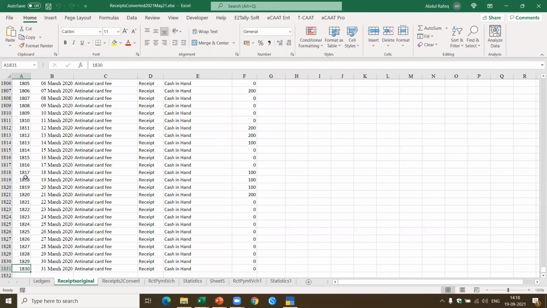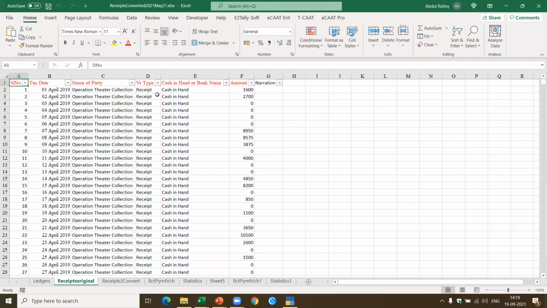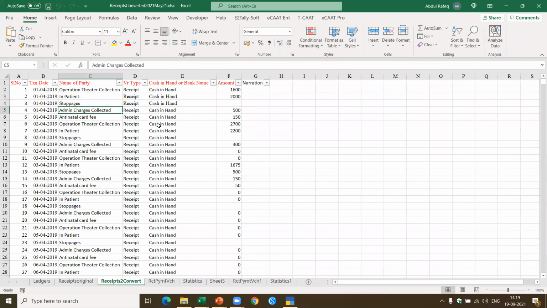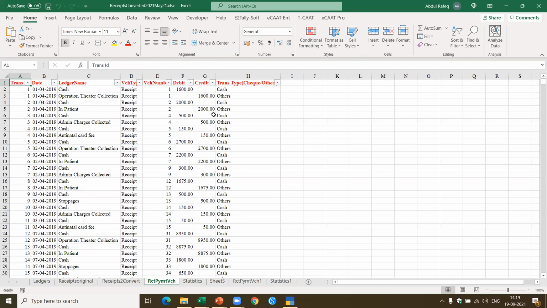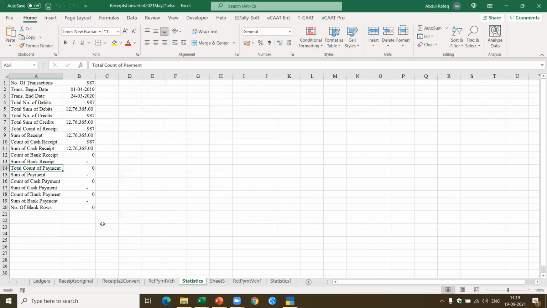This is another interesting feature I want to show. There are 1,830 transactions, and this doctor also does some honorary services, which means in this case he doesn't collect any money, and that will be blank. When accounting, I want to account only the transactions which have value. Here are the heads of accounts as per which he collects the money, and most of the amount is collected in cash. This is what has been converted here. It says there are about 800 plus transactions with no value, so those are not taken, and only the transactions with value are selected. This gives you the complete conversion.